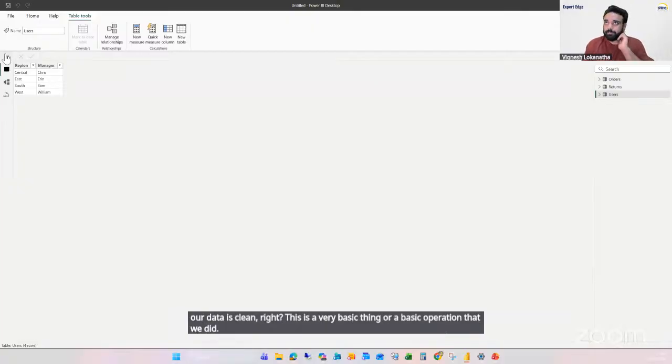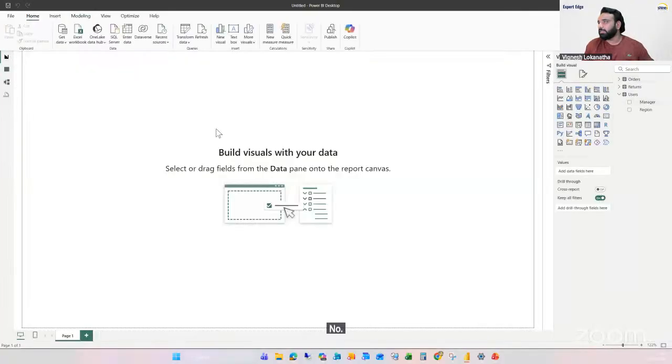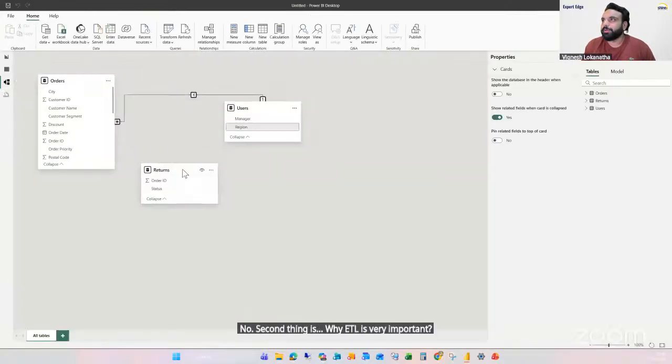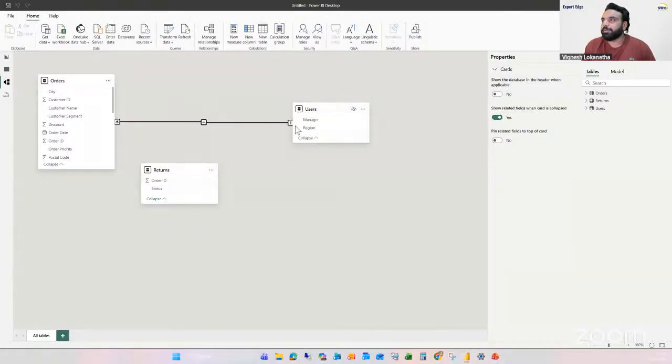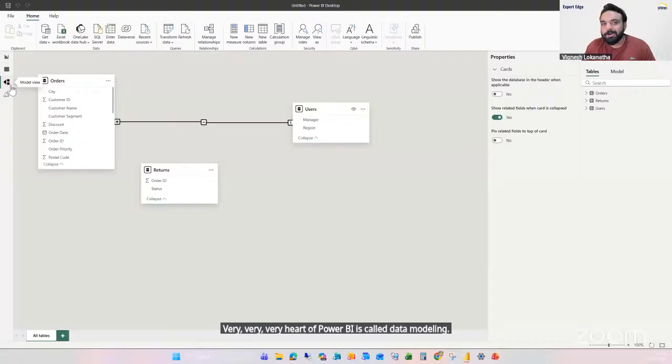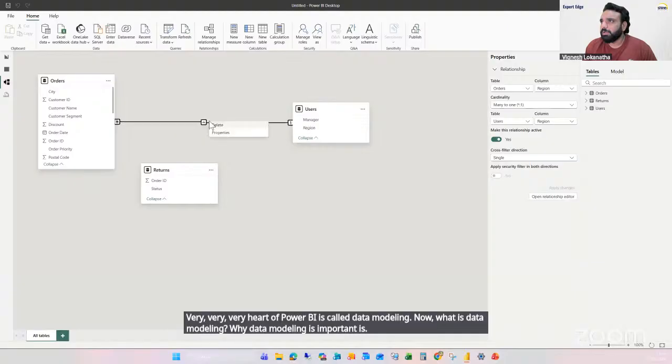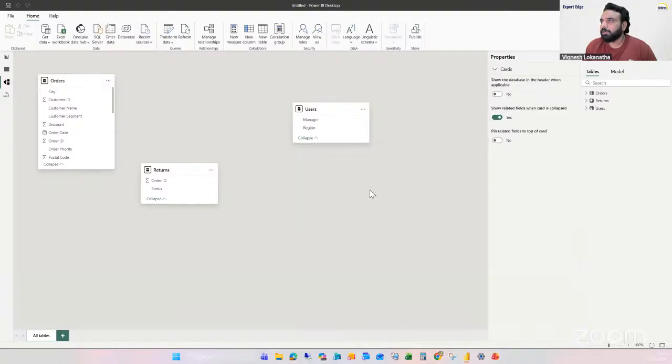Now, the second thing is why ETL is very important. This is called data modeling, or the model view. The very heart of Power BI is data modeling. Now, what is data modeling? Why is data modeling important? Imagine